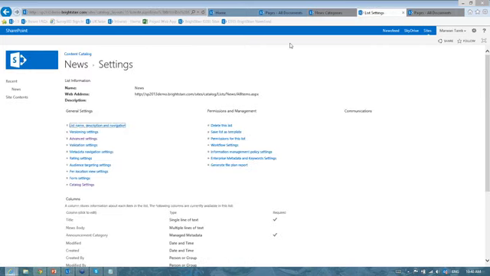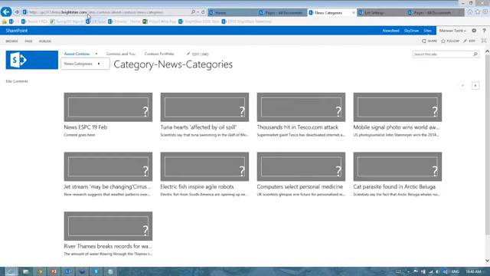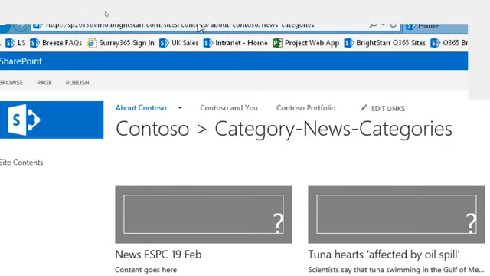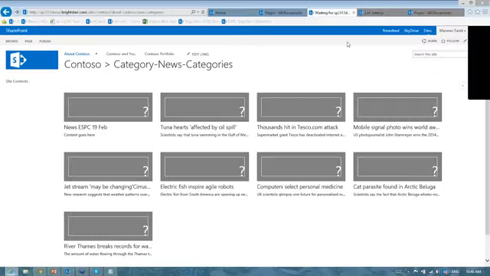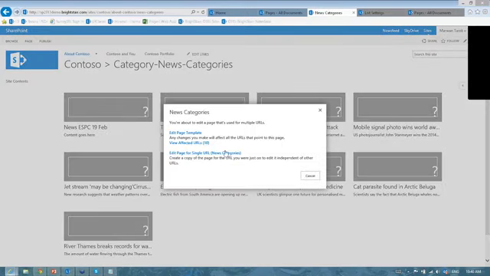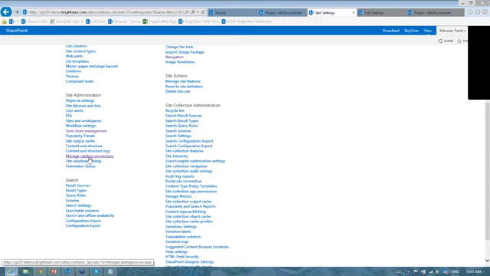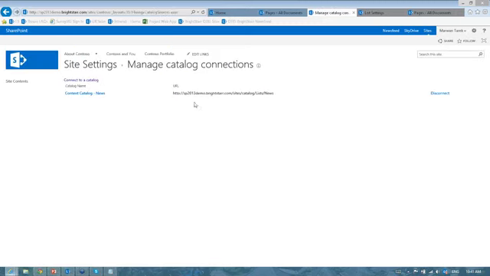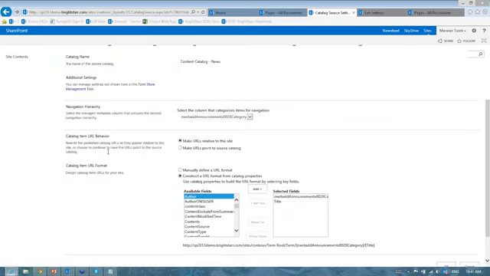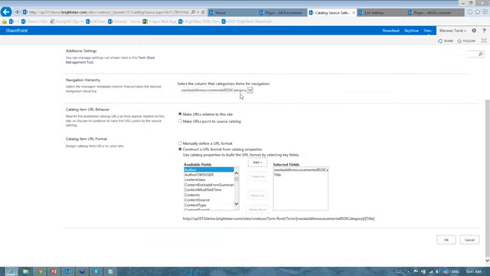Okay. So once I've done this, I have another site over here called /site/contoso. This is a totally separate site collection, and in this site collection there is a setting called Manage Catalog Connections, where you can connect to one of the existing connections. I have one that's already created for the news. If I click on it to see the settings, the navigation hierarchy is based on this managed metadata,